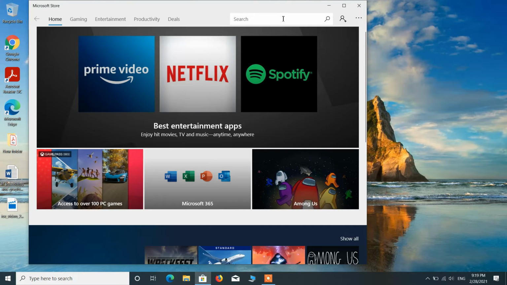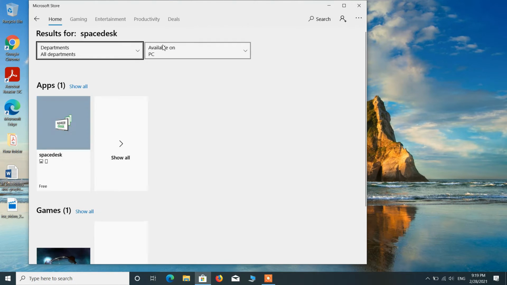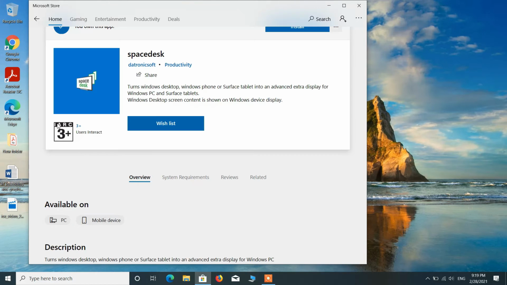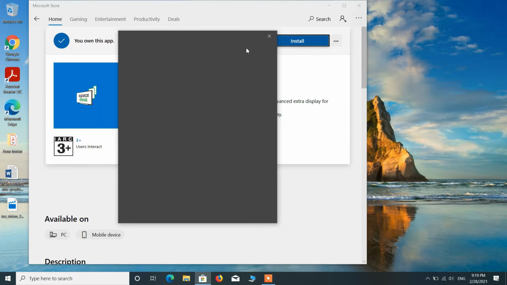Click on the search bar and just type Spacedesk and hit enter. Click on this Spacedesk app and just click on this install button.